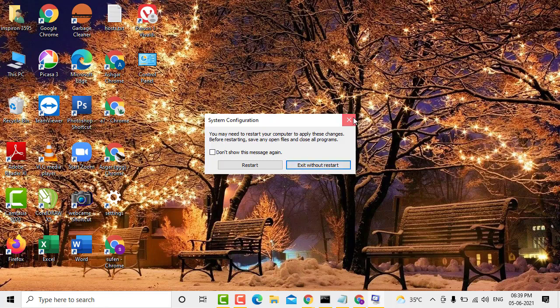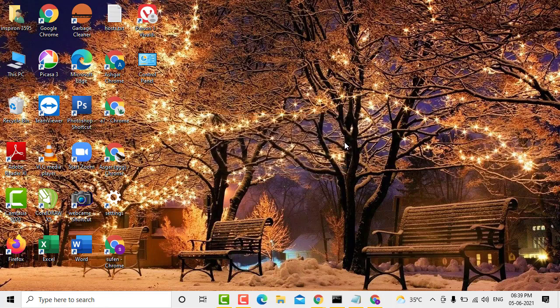So guys, this is a very simple and easy method if you want to disable safe boot on startup in Windows 10